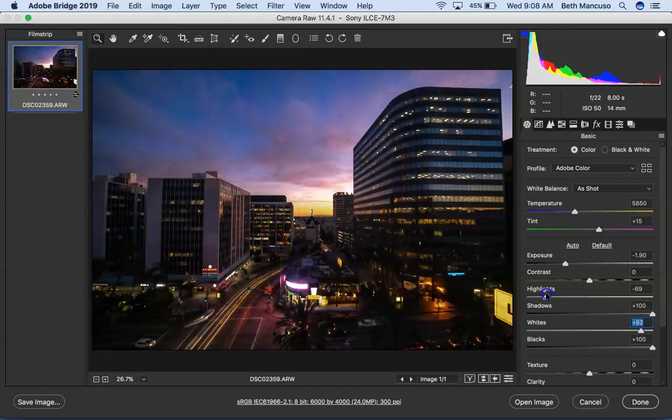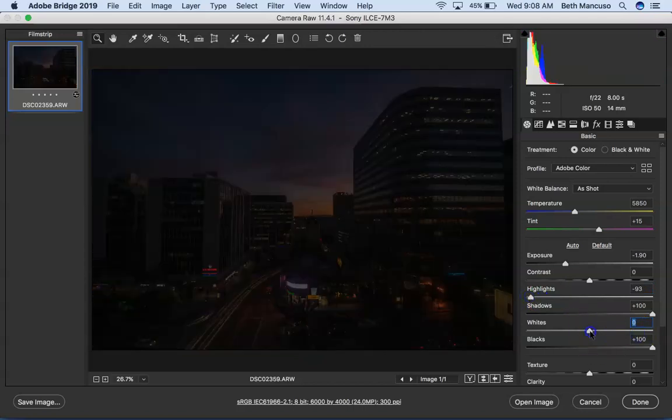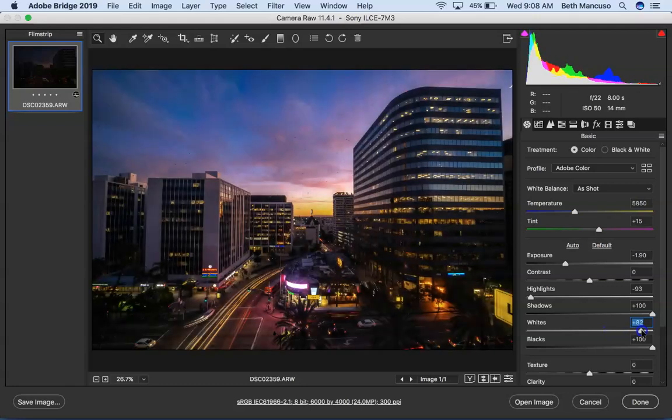I want to bring down my highlights because I can see right here it's blowing. So I'm going to bring those way down. Play with my, oop, went too far there. My whites some more here. All right, I feel like that's a good